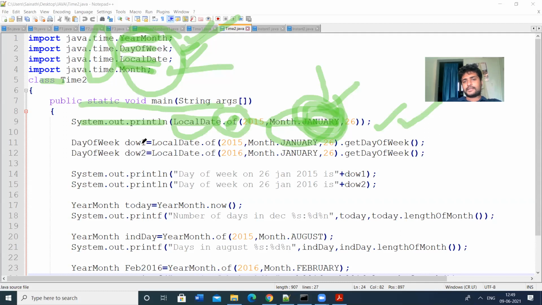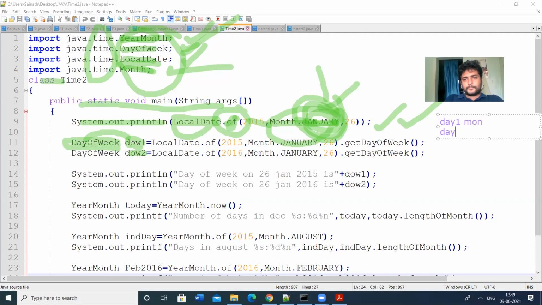Next, we are creating some objects. The object names are DOW1, DOW2 of type DayOfWeek. DayOfWeek means in that week we have day 1, day 2, day 3. Let us take this one. Day 1 means Monday.